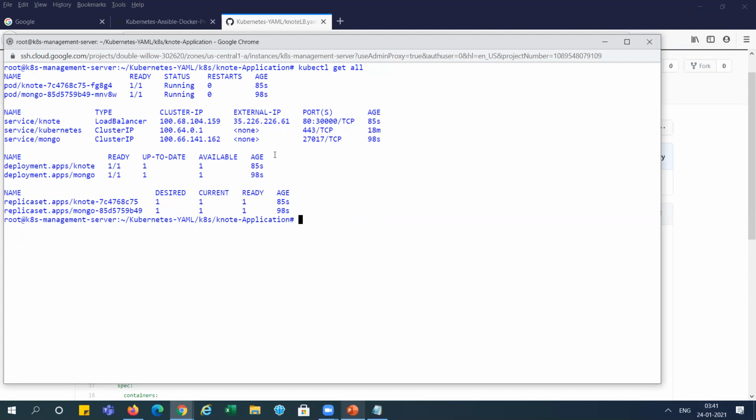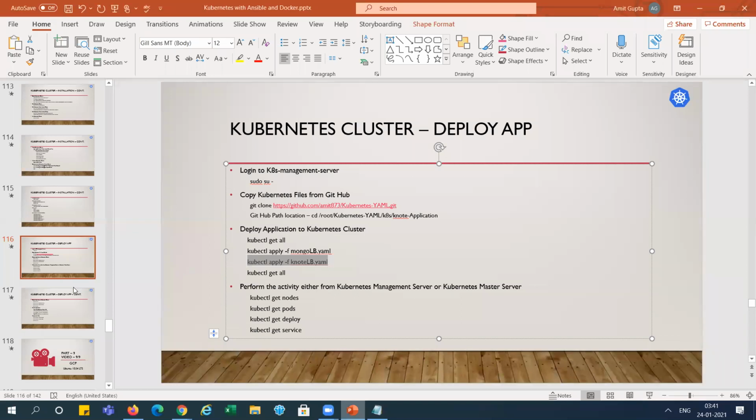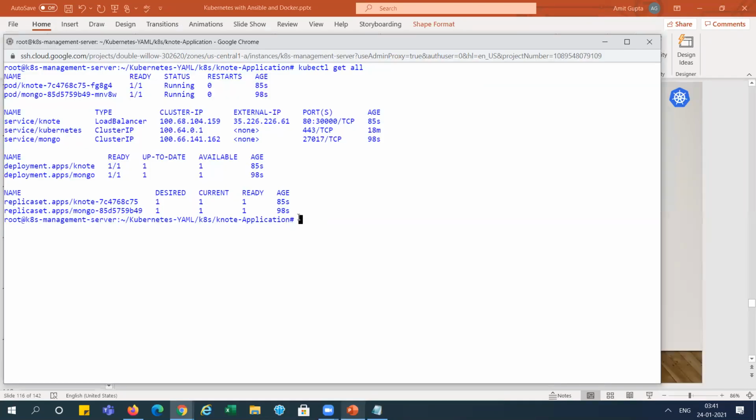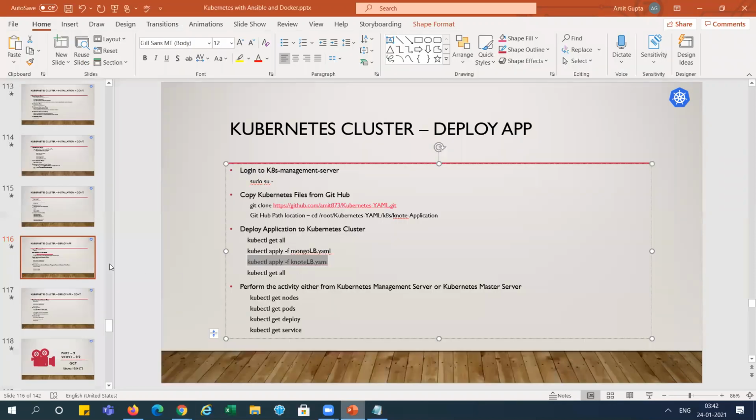So our things are ready. You can see we got the external IP also for the load balancer. So we can access our application in different ways. I will show you kubectl get pods -o wide. So you can see one pod is running on this node one, and this is running on node two. Both are on different nodes. This is showing the node IP address, right? And the age is 2 minutes 13 seconds. We just ran it, right? Now let's go and check the application.